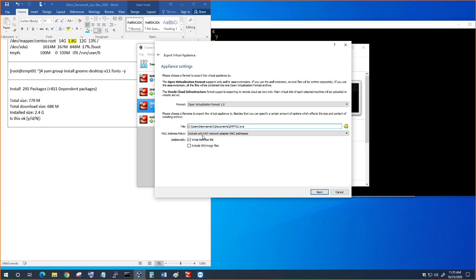So include only NAT network adapter MAC addresses. What you could do is strip all network adapter MAC addresses. You select this one, and the format you're going to use is Open Virtualization Format 1.0. We'll leave this alone, and then select this one here, and then maybe select ISO image also,